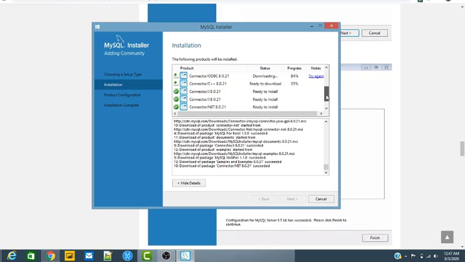It is downloading. Because the network is slow, it will definitely take 10 minutes, I think.